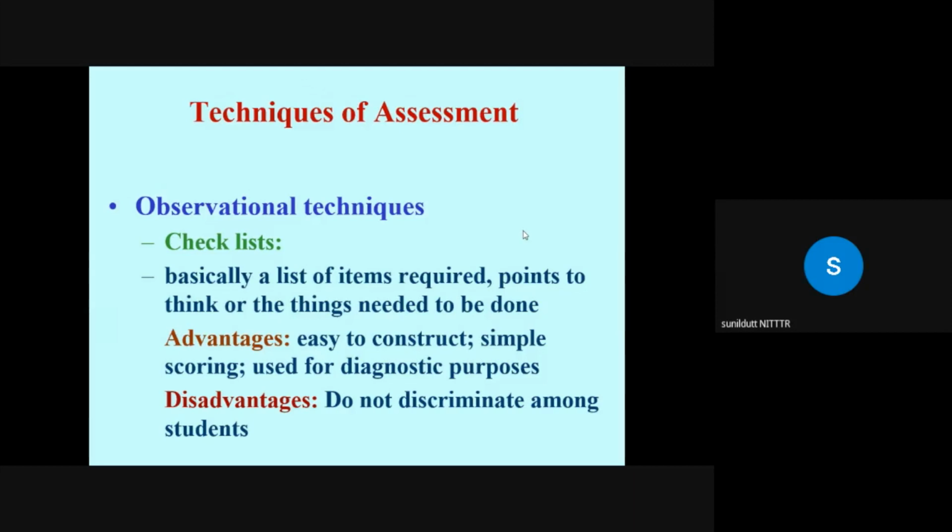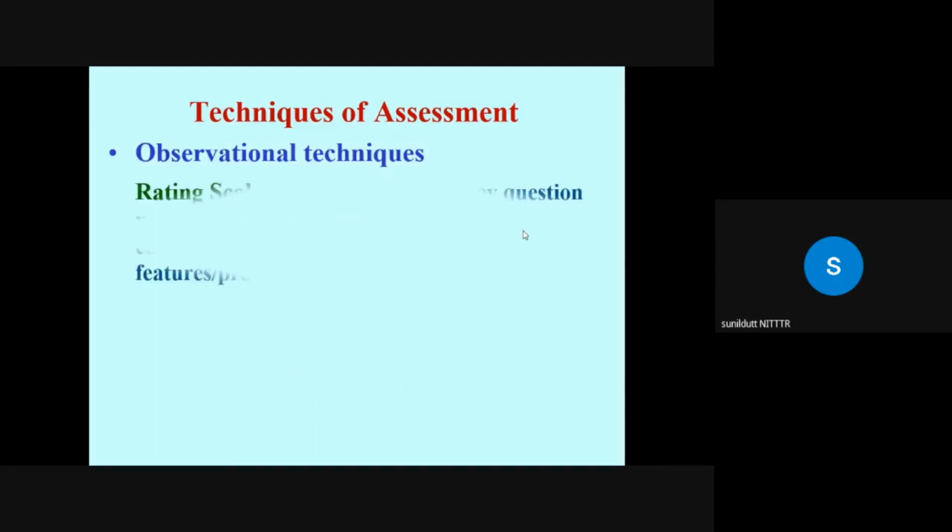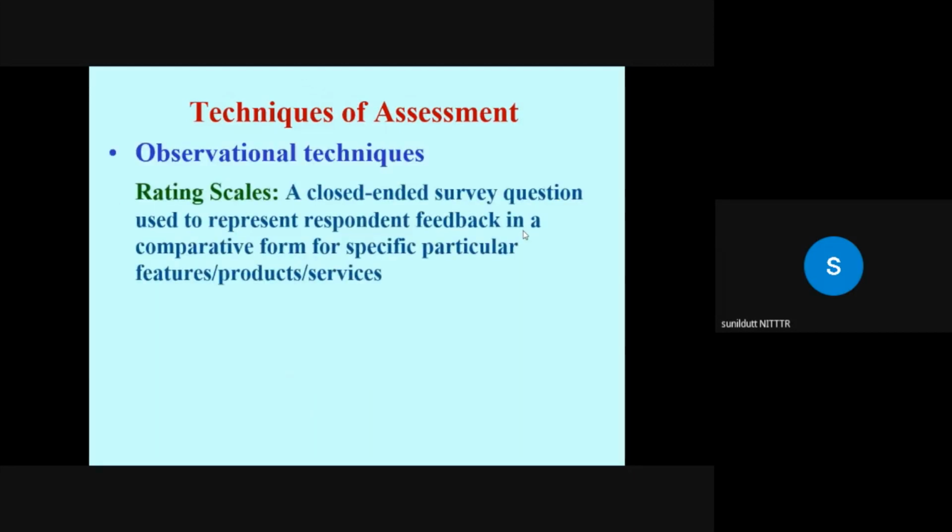So for discriminating among students, you can use rating scales. A rating scale indicates the status of an individual on a series of traits by means of checking the degree to which the learner has developed each characteristic. So a rating scale is used when one wants to obtain final discrimination. मैंने अभी आपको बताया. And the construction of a checklist and rating scale is the same, except that you are including the degree that needs to be clearly defined in the rating scale.